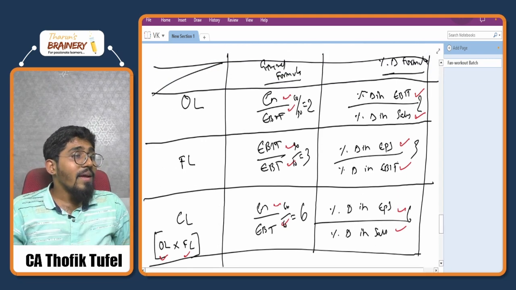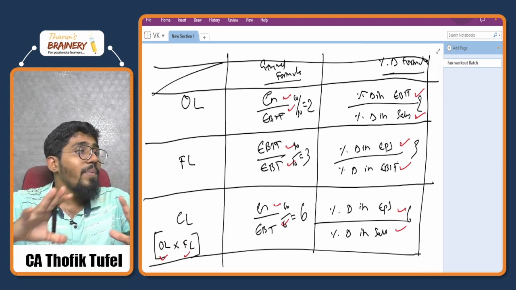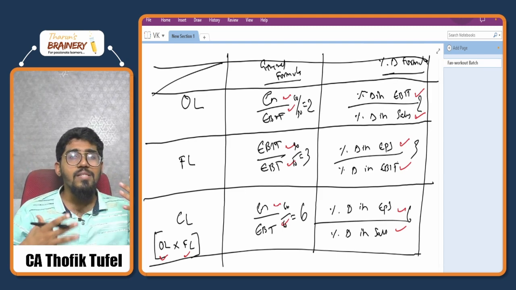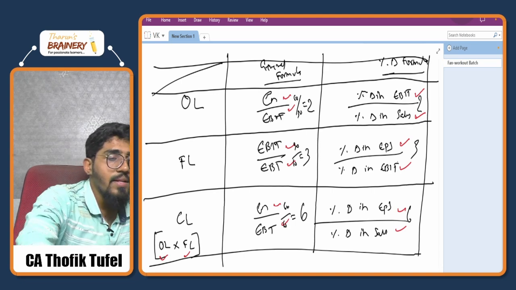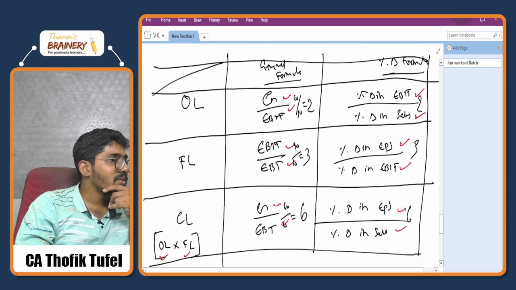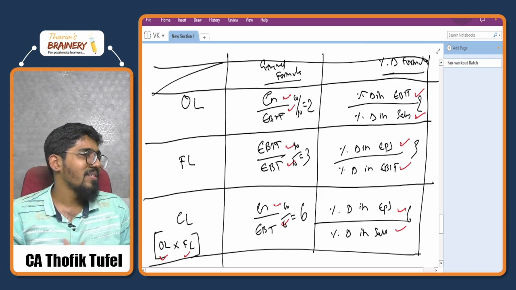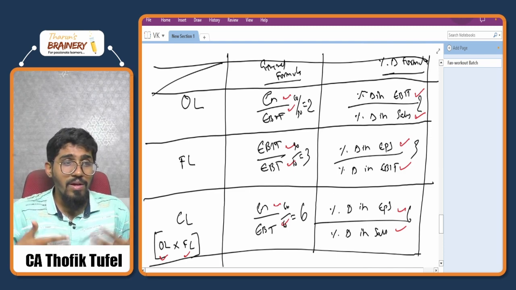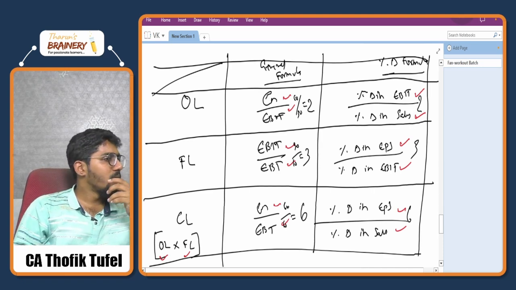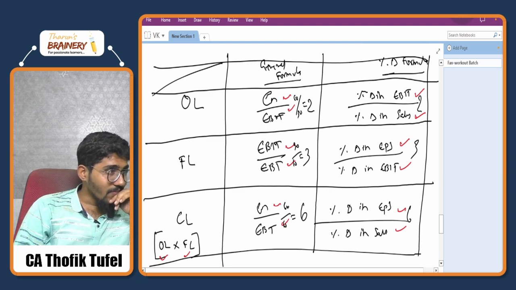With this, the conceptual part of leverages is completed. Now everyone just clap your hands and celebrate this moment, that yes, super sir, we have completed the conceptual part of leverages. Celebrate it. I want some claps, I want some heart, I want that excitement from you all. Super. Very good. Okay. Super.